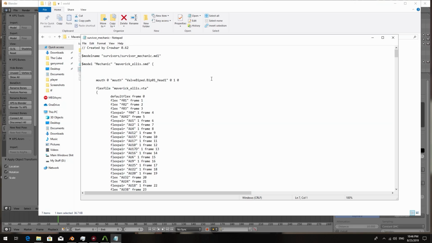So we press tab to go 8 spaces. Now we're gonna type eyeball, space, in quotes, let's say right eye as an example. You can type whatever name, just keep it similar for the right eye and left eye. Okay, we're gonna start with the right eye, so we call this right eye in quotes, space, in quotes,